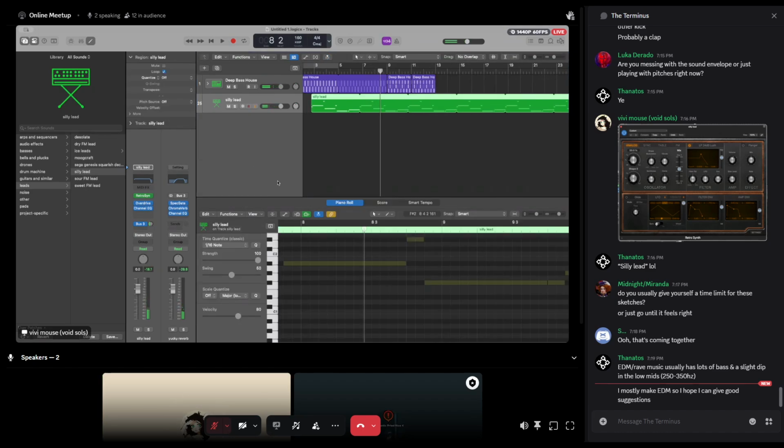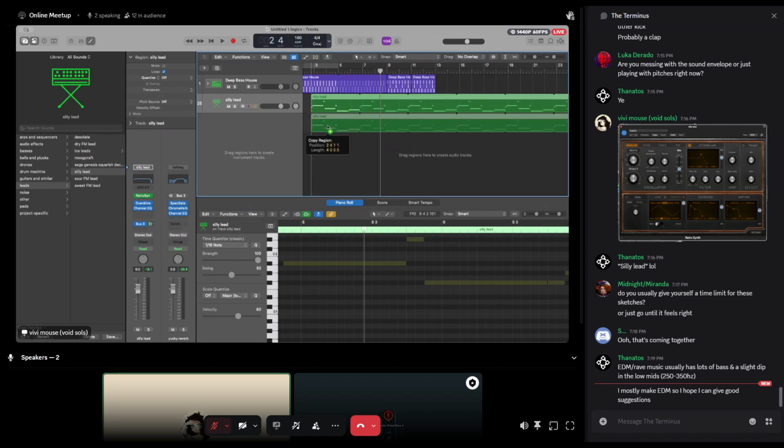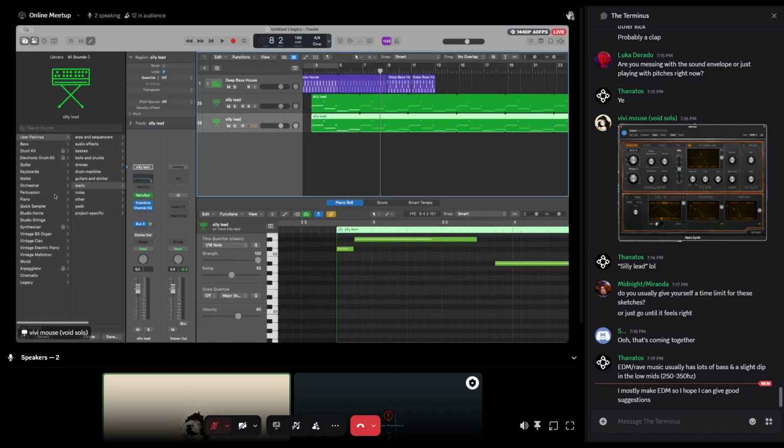So, what was that? Yeah, I appreciate it. Lots of bass and a slight dip in the low mids makes sense. I feel like I do something kind of similar generally. I'm actually going to double this bass part now that I think about it, with something that's not quite siney, but close to.